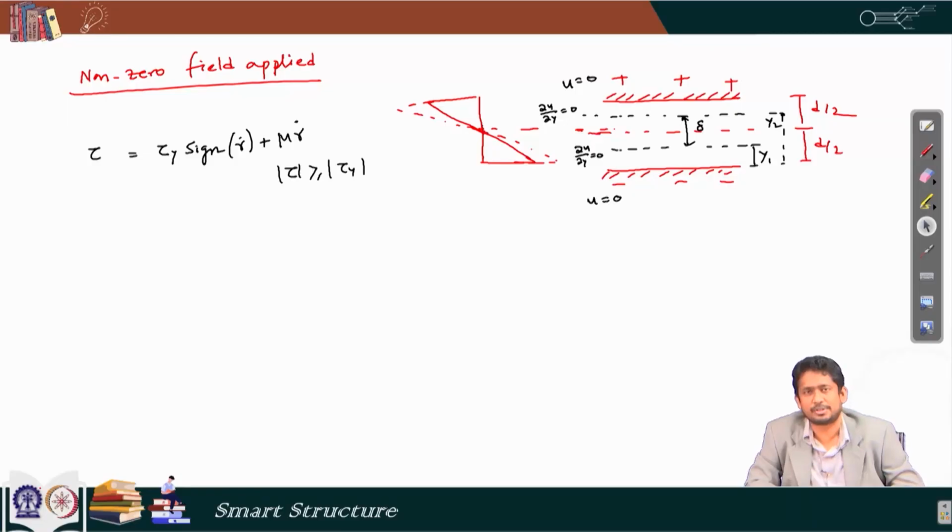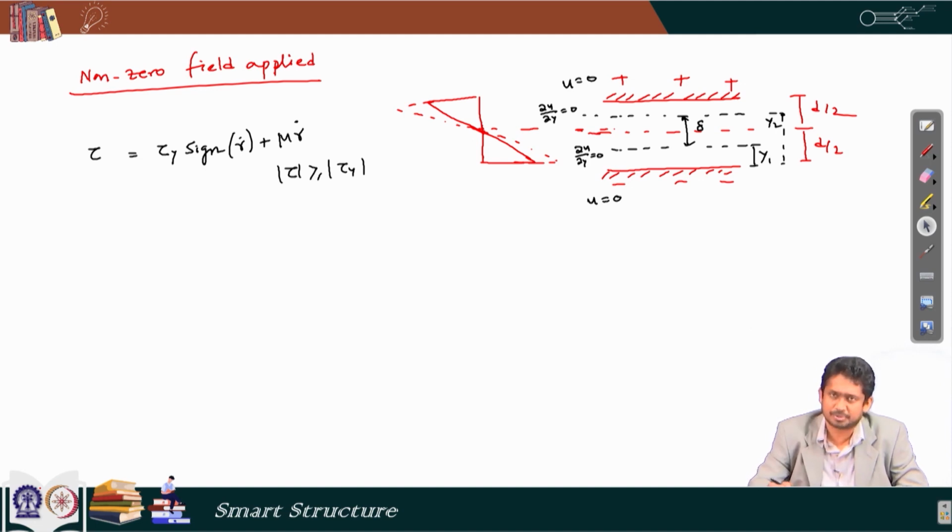So, today we will continue our discussion on flow mode analysis of electro and magneto-rheological fluids. In the last lecture, we did the analysis considering the fact that there is no applied electric or magnetic field, and today we will discuss what happens when there is a magnetic field or electric field applied, like what is shown here. And in the last class, towards the end, we saw that because the shear stress is close to 0 near the mid zone,